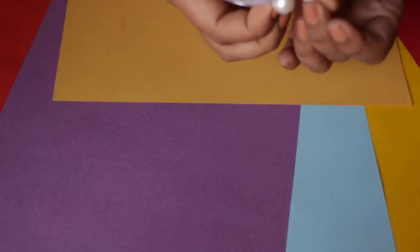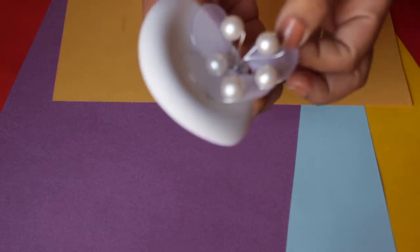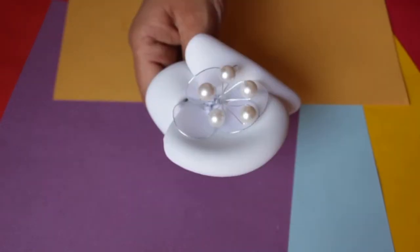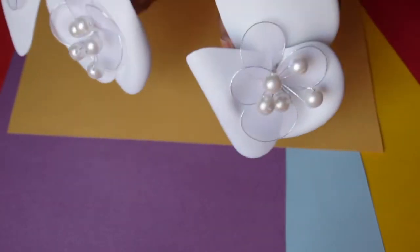Once we are done creating everything, just tie all pearl and petals together, like white pearl first, then stocking petal and foam sheet petal in the last. And don't forget to add that wood stick in the down so that we can easily add our flowers in